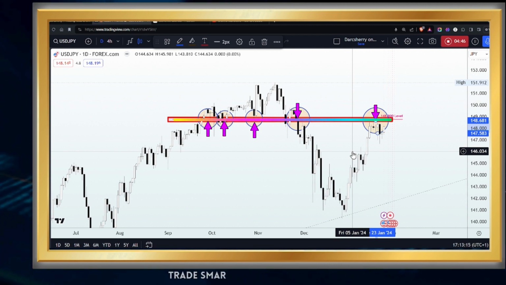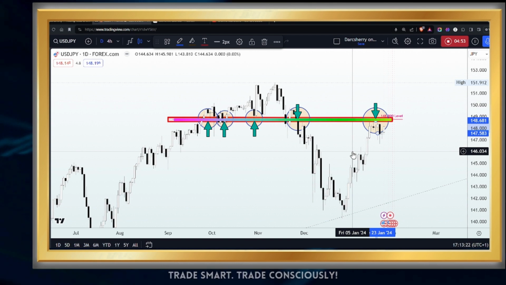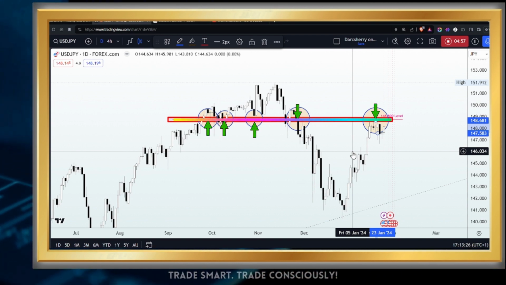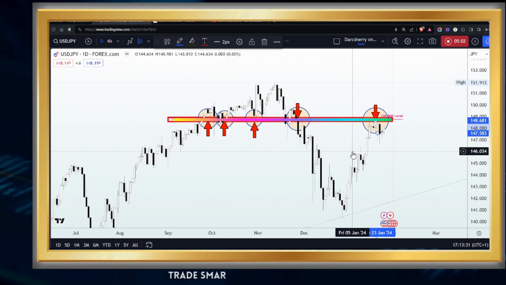But as you will see, the resilient US economy and of course the uncertainty surrounding the timing of the federal rate cuts further threw a clog in the wheel for the Japanese yen. As you will see, the bearish traction from last week didn't move